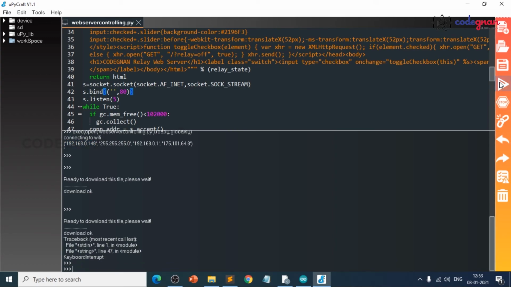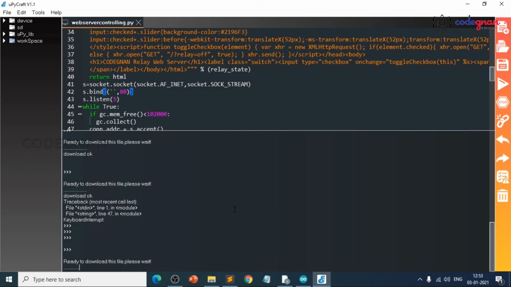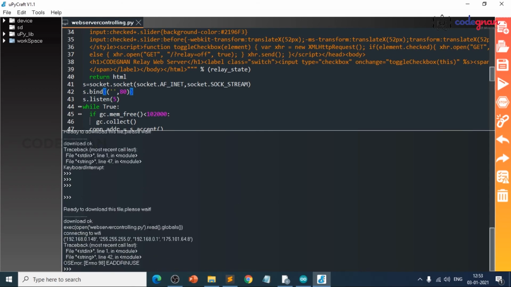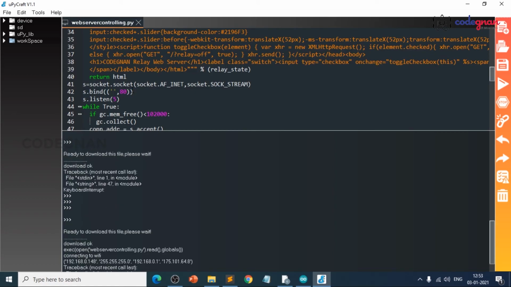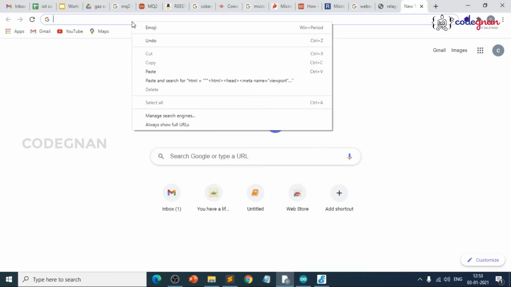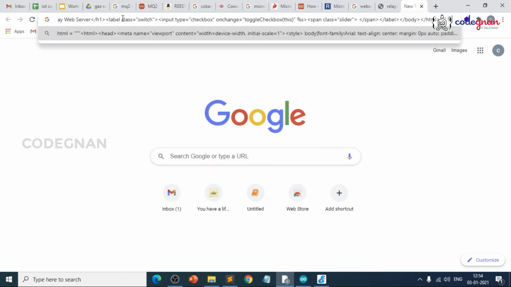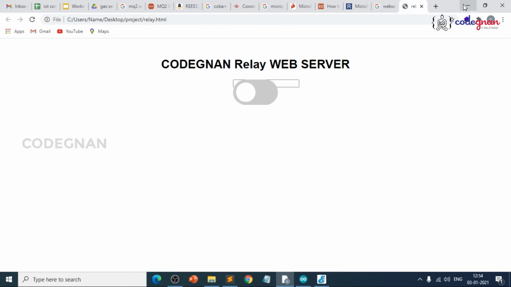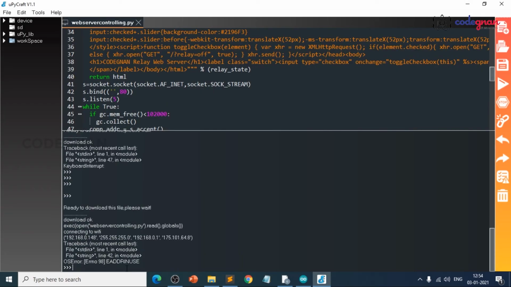Just copy the IP, just place it here. Let me check again here. Line number 42, s dot bind.